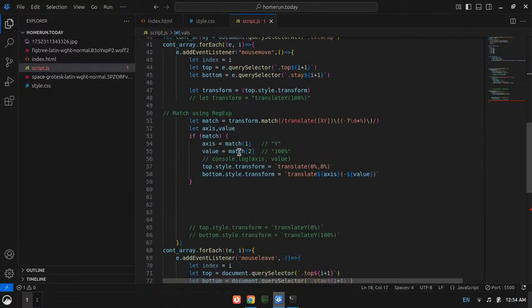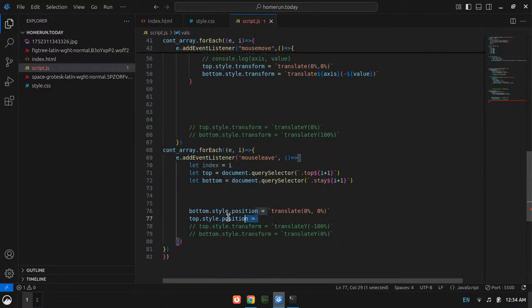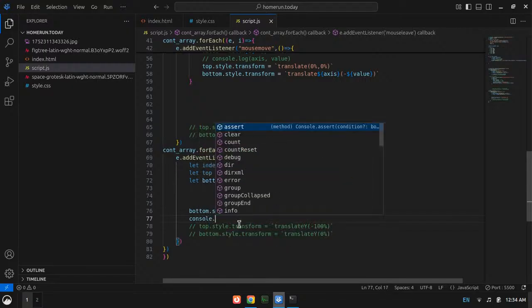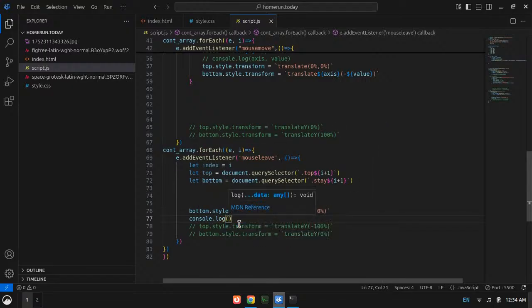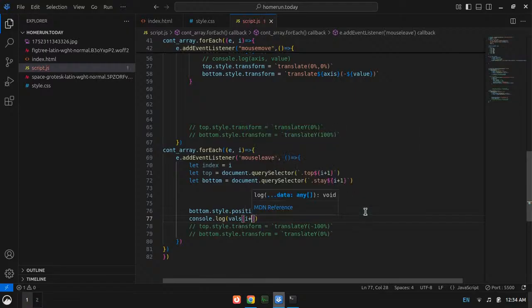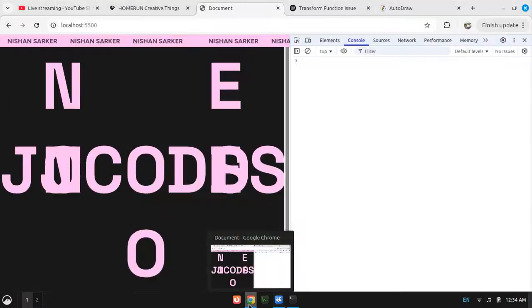So let's try console.log vals index of i plus 1. Let's see what we get.